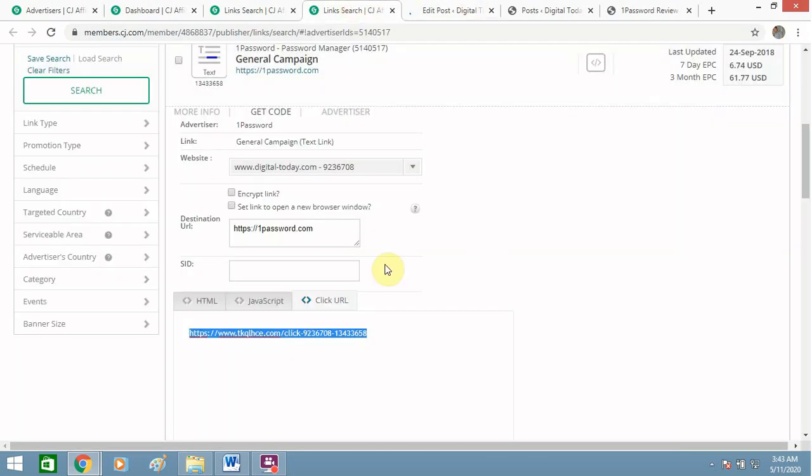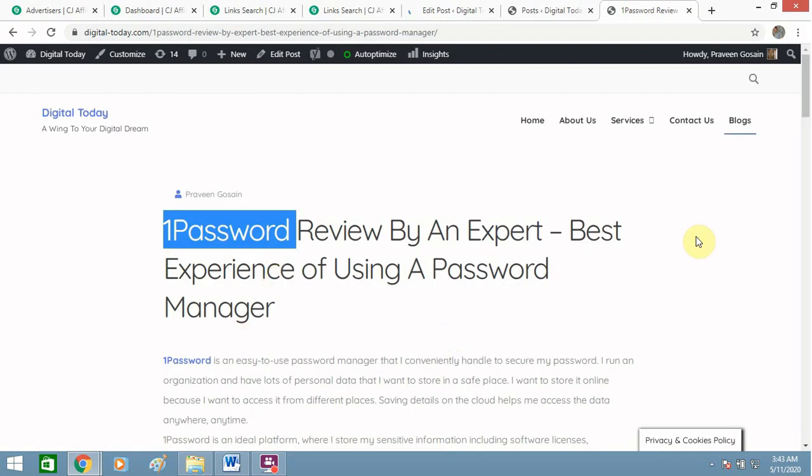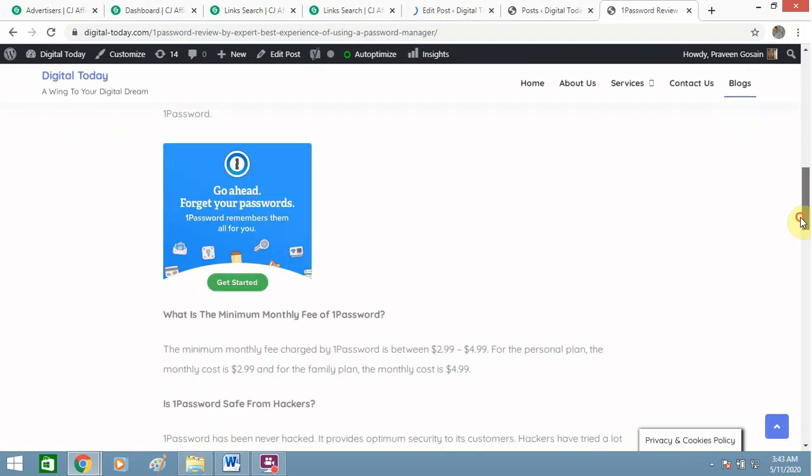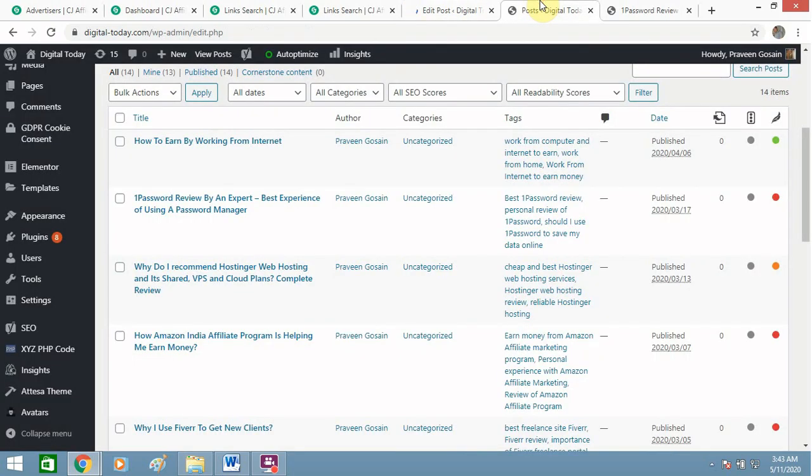Similarly, you can also put images in the post like these ones by copying the code and pasting it on your WordPress website. I have shown this particularly for the post.